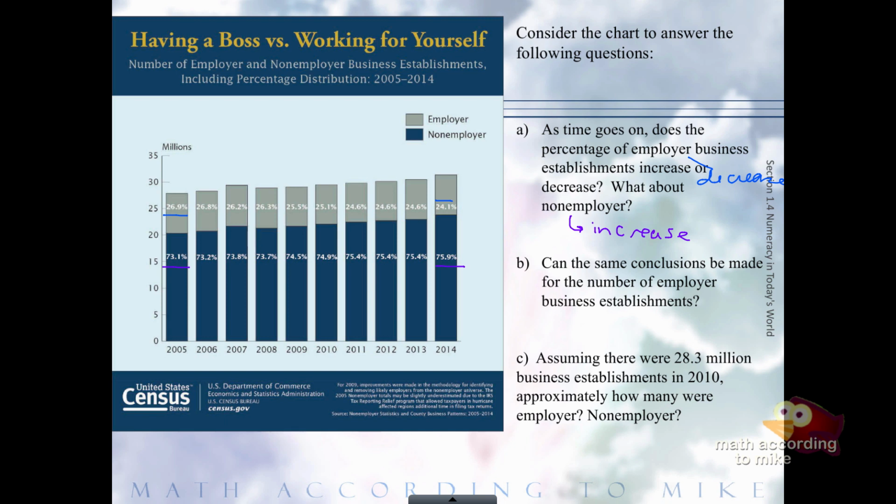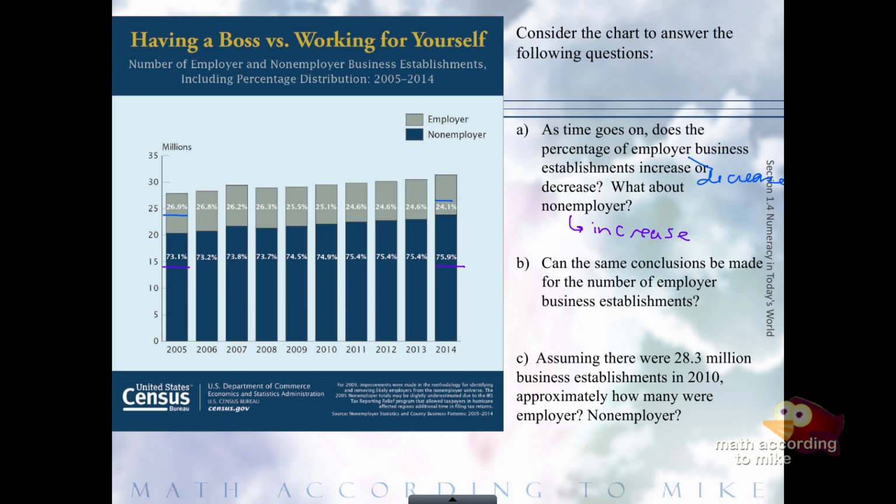But notice the keyword there in part A was percentage. Because the chart was given to us as percent, we could read it. We could answer the question. Now in part B, be careful. Can the same conclusions be made for the number of employer business establishments? The answer is no. There's no way of knowing if the number is increasing, because notice off to the